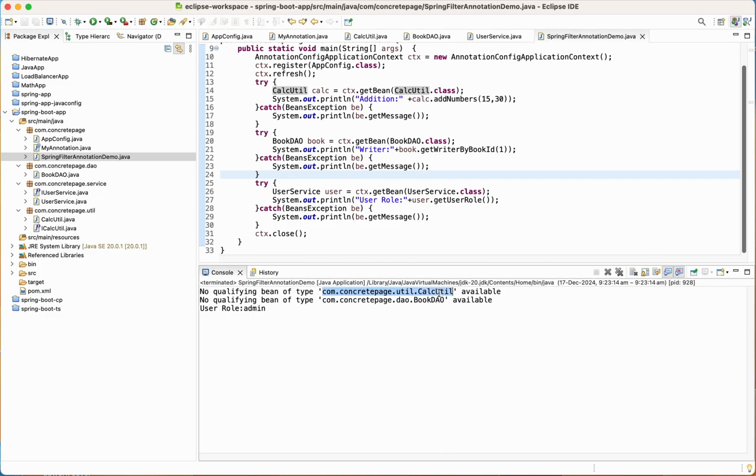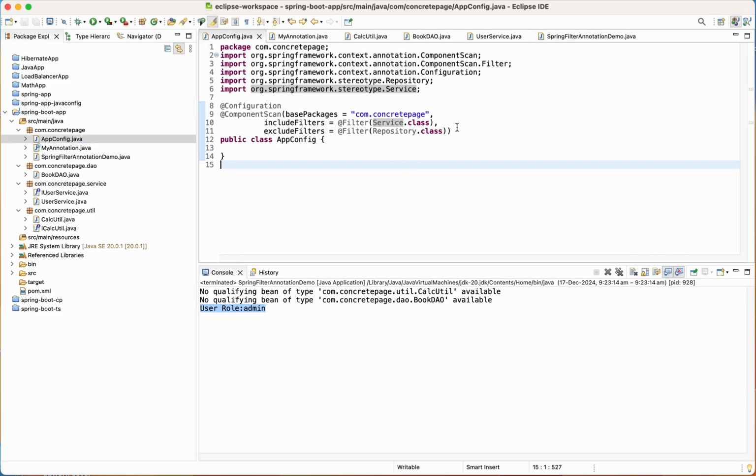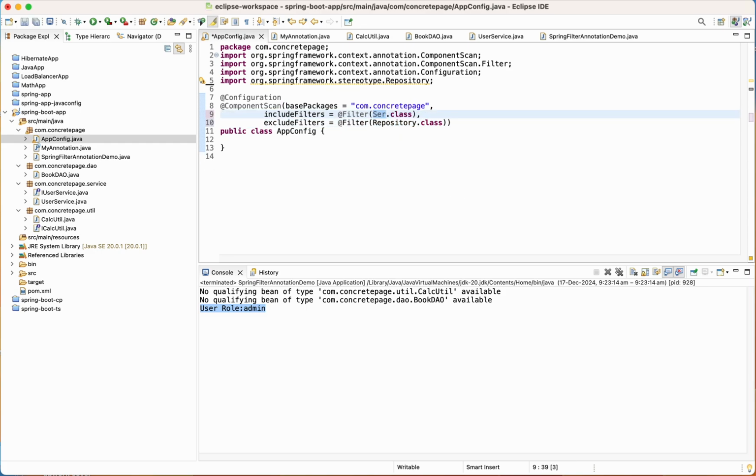Got it? Else util not available, DAO not available, only service is included. If we remove this part, if I'm not excluding anything, then what will happen? As we know, service class by default is included, so it has no meaning. Stereotype annotations are by default auto detected. So including anything by using custom annotation has some meaning, or we can exclude using